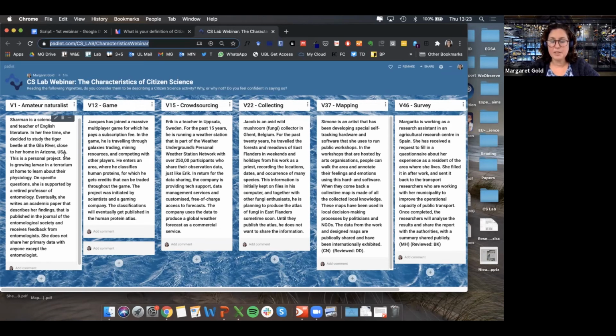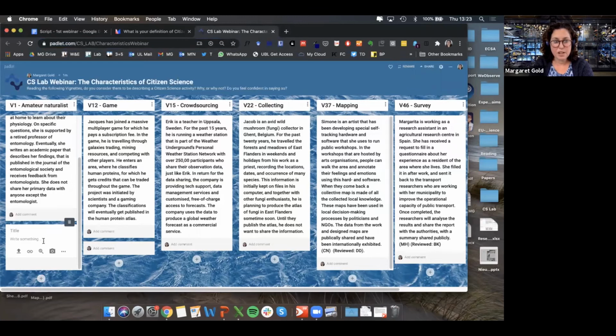And I will come around and try to have a little visit with you all and see how you've understood the task that I'm assigning you to share with each other, and if you have any questions specifically about how to do it. But on this Padlet, you'll see a little plus button underneath each of these columns. And it would be wonderful if everybody could just share a quick thought about whether you feel, yes, this is definitely, you could say yes or no, whether this is definitely citizen science or not, a little bit about your thinking behind it, whether you discovered some differences of opinion in your breakout sessions.